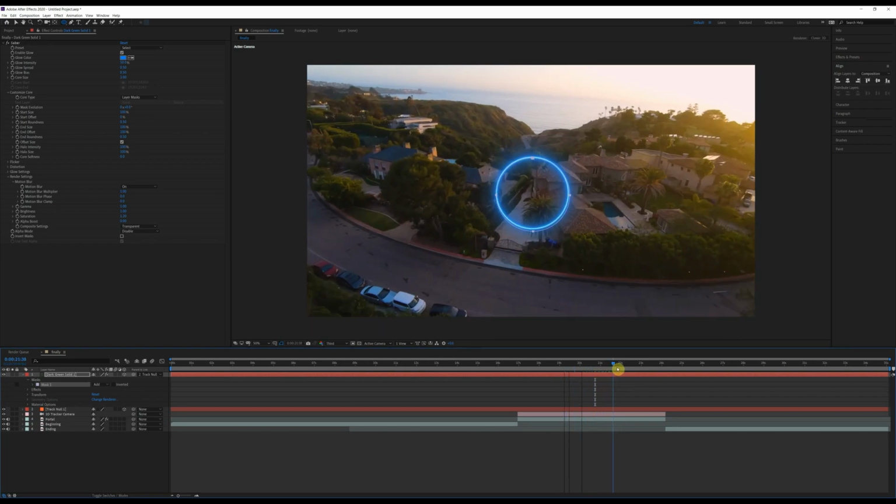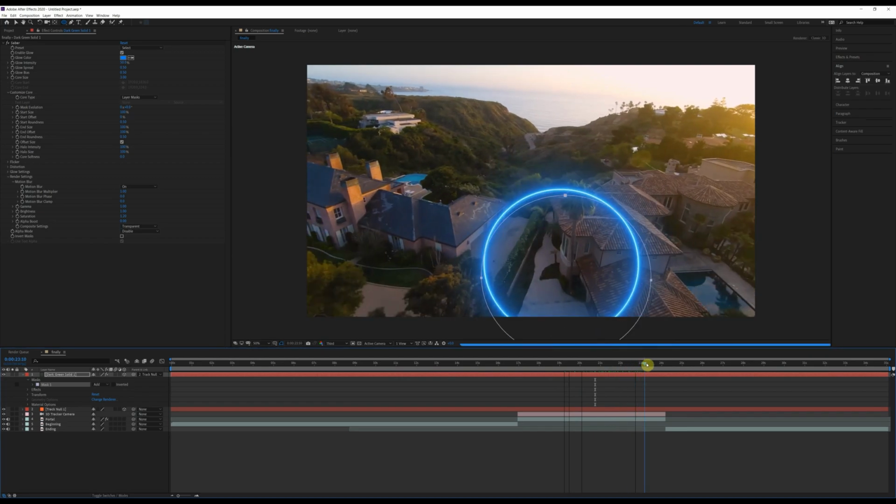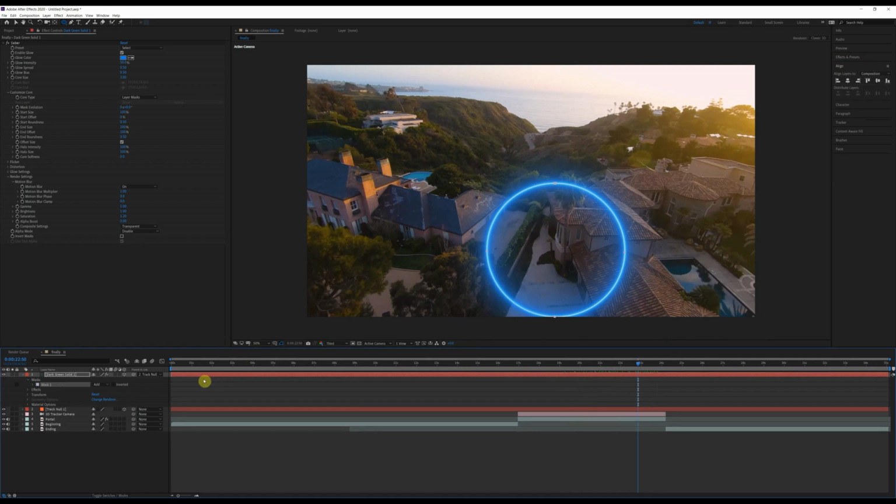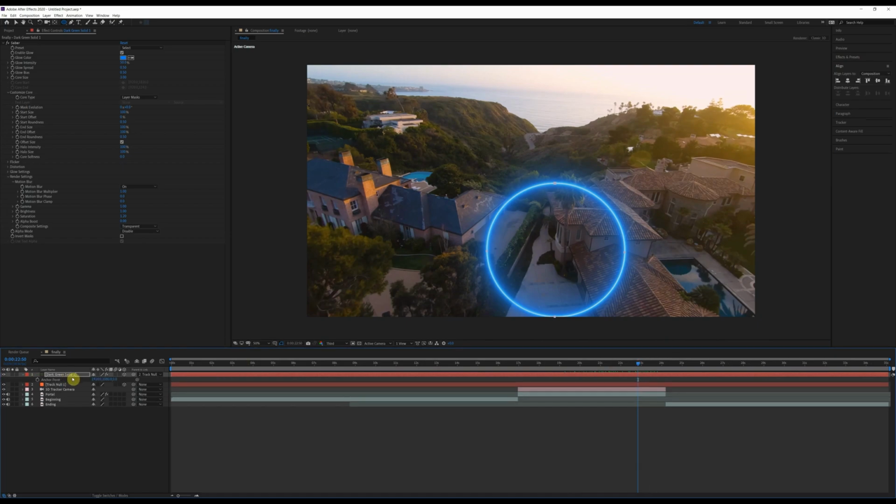Okay, but when we fly up to it, you're going to notice that you don't fly through it, and that's because it's in the wrong location. First thing I'm going to do is change the anchor point. So let me rename this to Saber 1 so we know which one we're talking about. Once we have that solid selected, hit A, and that'll bring up your anchor point. And then you're going to mess with the first two numbers until you get it